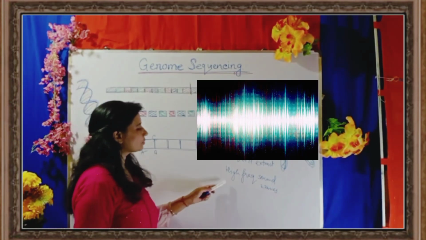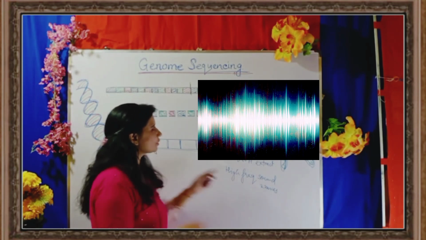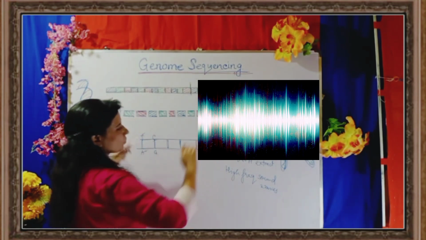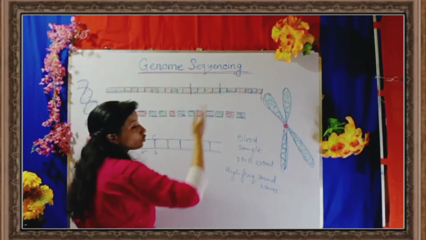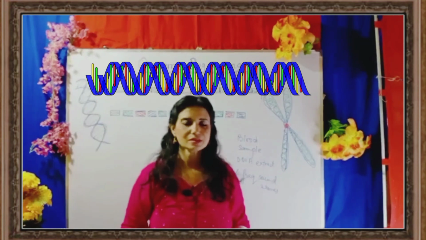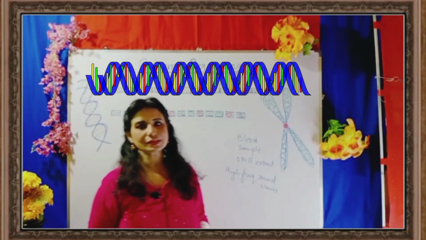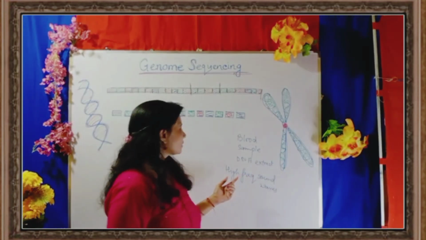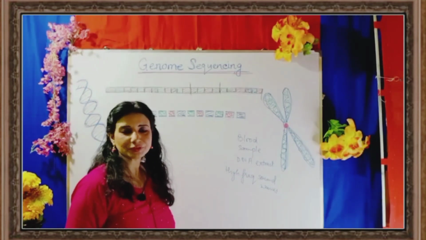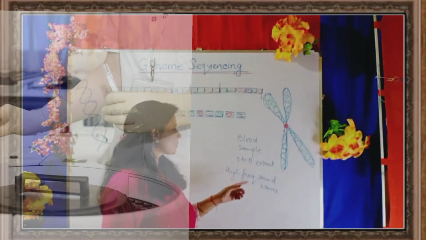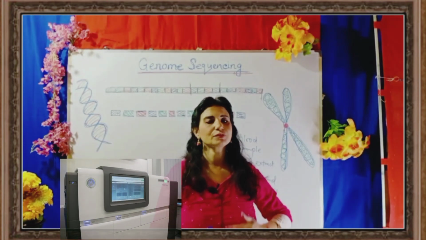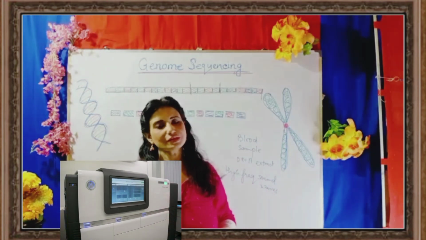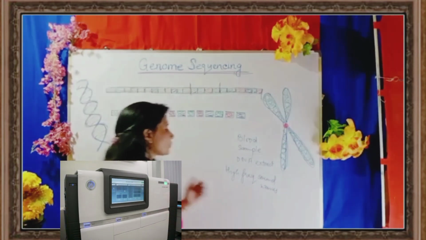When the high frequency sound waves were introduced onto this human genome, this whole structure got chopped off. That means it was cut. Skilled technicians and scientists took blood samples, extracted the DNA from the individuals' blood, and then inserted it into a sequencer, which is an instrument that helps us sequence the genome. Now, what is the sequencer's job?